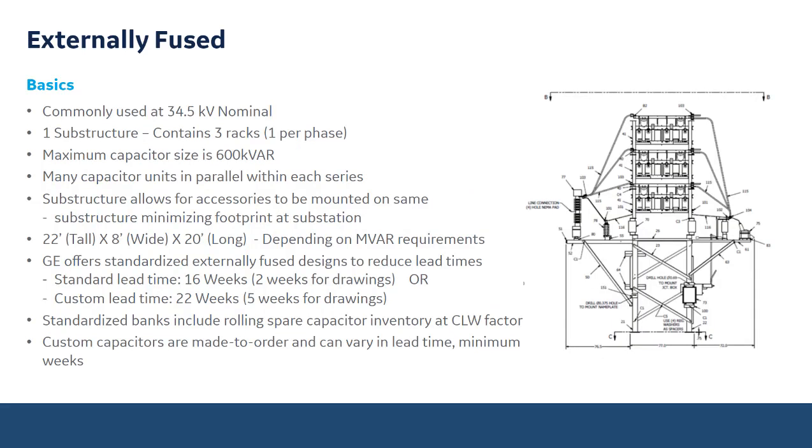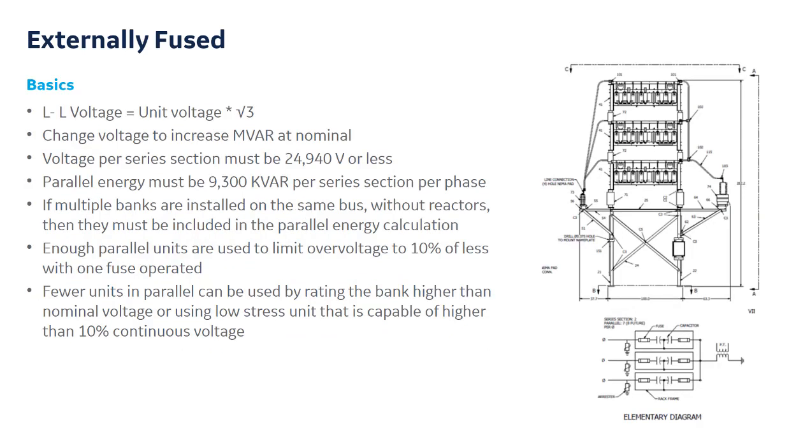Now you're adding insulators, which is increasing the cost of your ultimate capacitor bank. So basics here, your line-to-line voltage equals your unit voltage times the square root of 3. So the change voltage, in order to change the voltage to increase the MVAR at nominal,